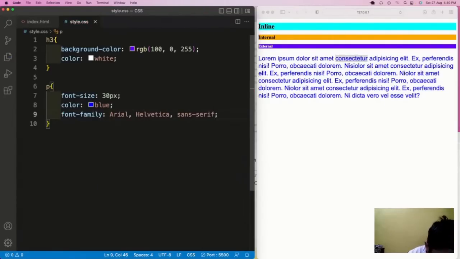And if you have noticed here, by default, there are three types of fonts. There are three types of fonts by default that the system gives to select. Why? Because there are so many browsers available these days, and not all of them support all types of fonts available in the world. So that is why the second one, which is Helvetica, and the third one, which is sans serif,